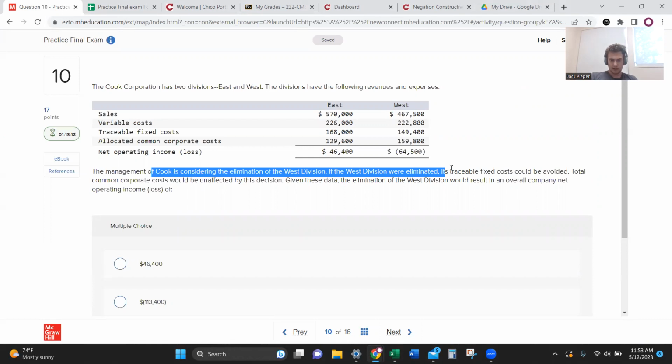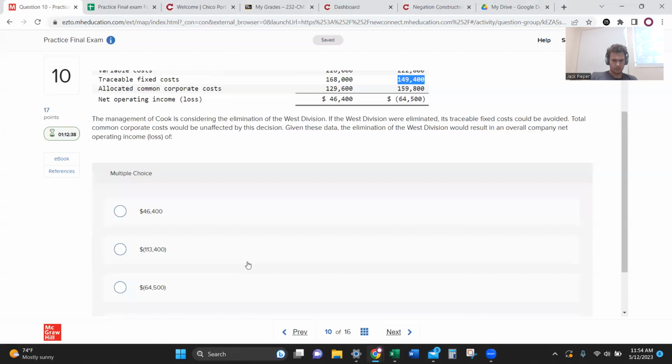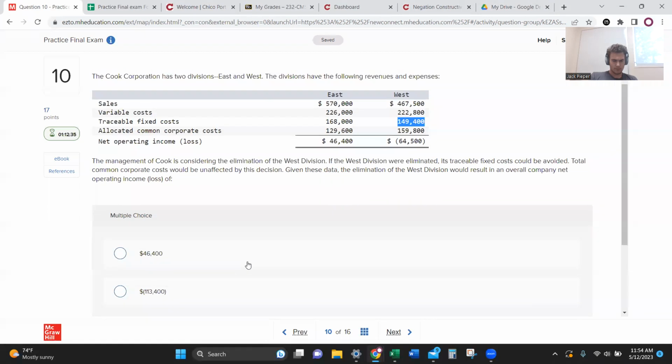So we'll do 467,500 minus 222,800. Okay, we get 244,700 contribution margin. We'll make that a negative, so negative 244,700. And now, once we have our negative, we can work our way back to positive. So we're going to add back in the traceable fixed costs, again costs that we're going to get back, right? So 149,400, and we get